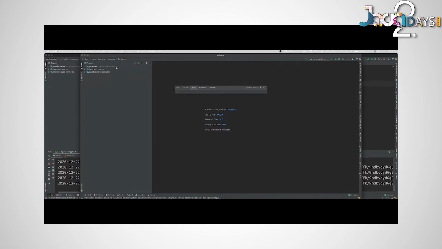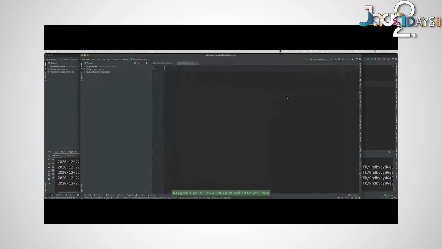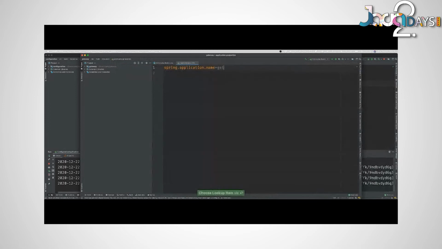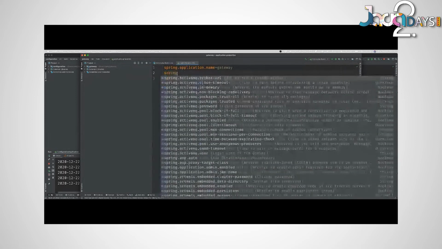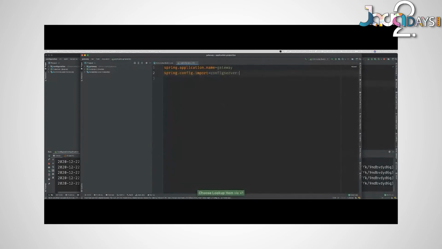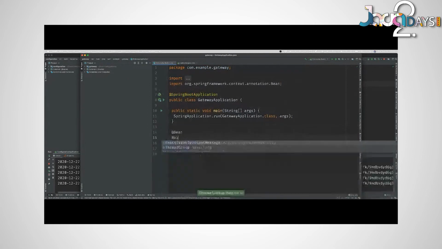And so we're going to create an application that will connect to the config server. So Spring application name equals gateway, spring.config.import, config server. Okay, and so we're going to create a Spring Cloud Gateway application first.